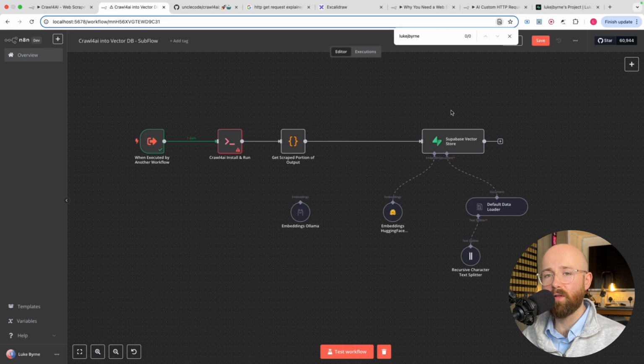Postgres just being a popular SQL database provider, SQL being a popular language used to create tables. So really it's just a big glorified database table place, right? So that we store in there